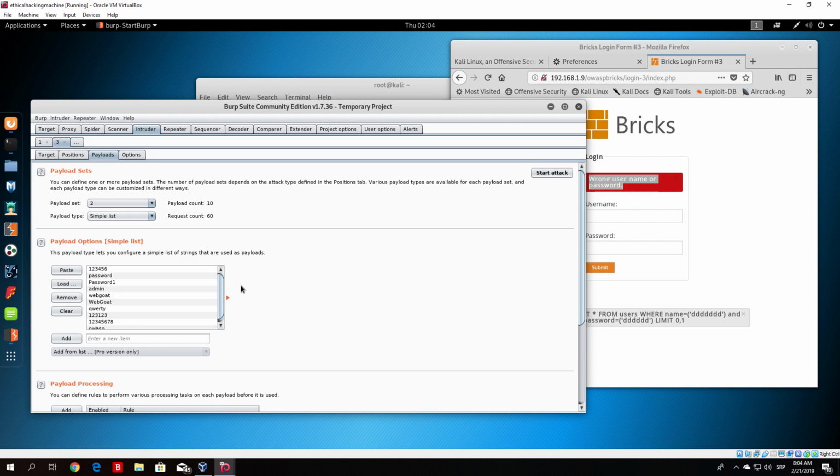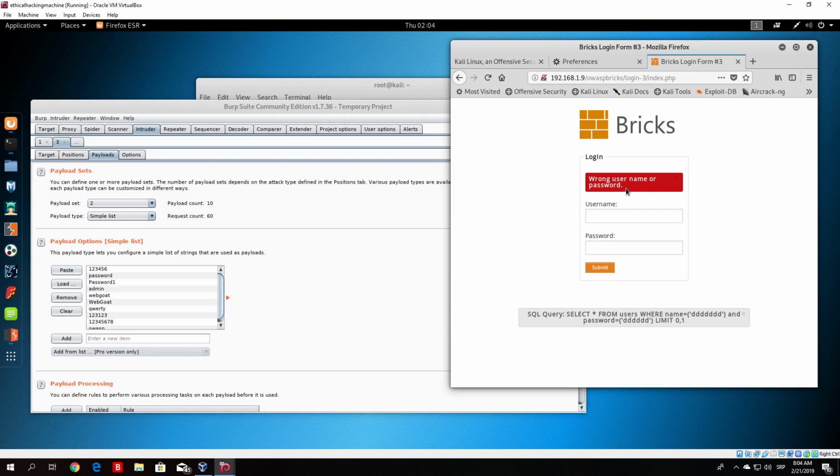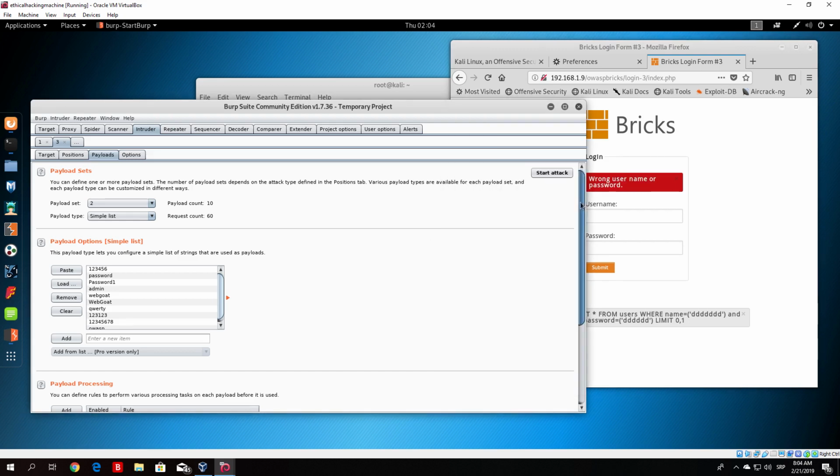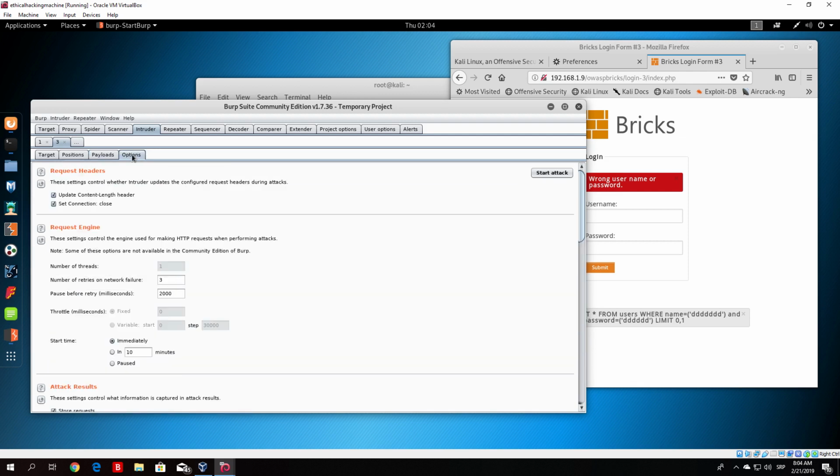Now, after you do that, you want to select one more thing, which is we want to add to Burp Suite the string that it should search for in the packets, since we know that this string will only be prompted once the username or password is wrong. So let me just find where that option is. It is, just go here on the options,